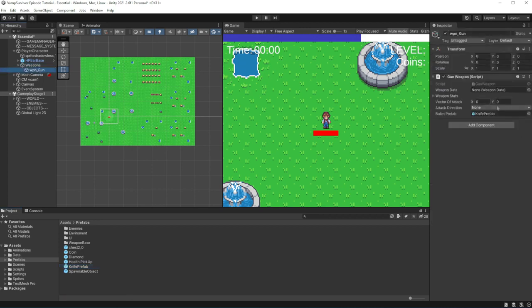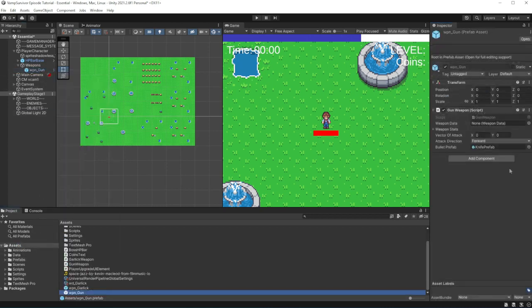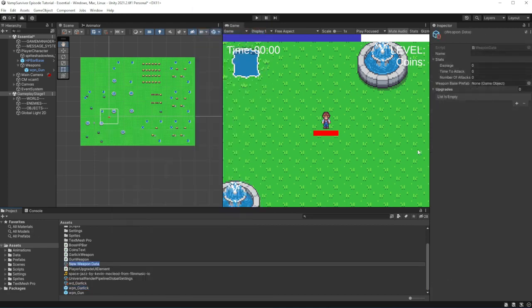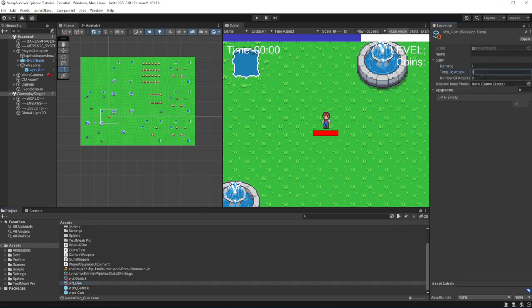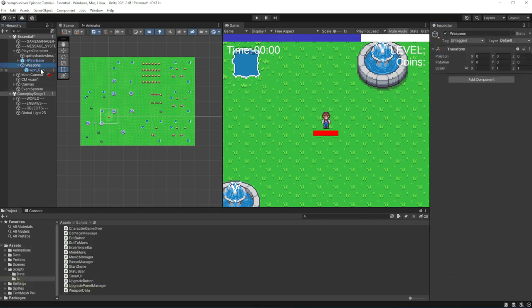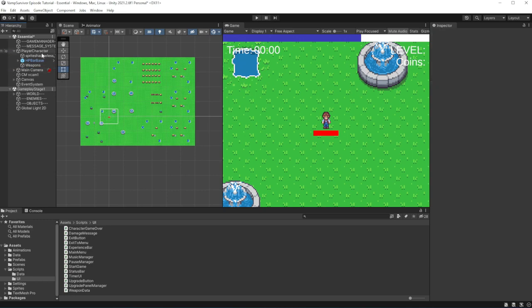Set the attack direction to be forward. Prefab the gun weapon. Make the weapon data for the gun. Delete the gun object from the scene and set gun to be the weapon on the start.